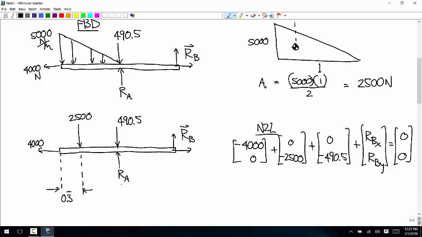And I missed the RA. We also have 0, positive RA. And then the moment equation. We have to choose our about point. I think this is probably the easiest one. So first, for that force RB,